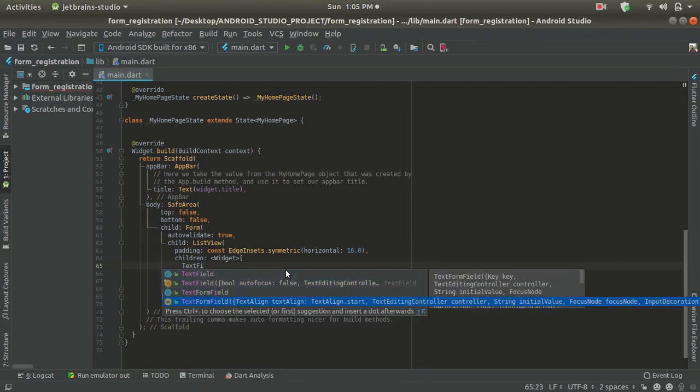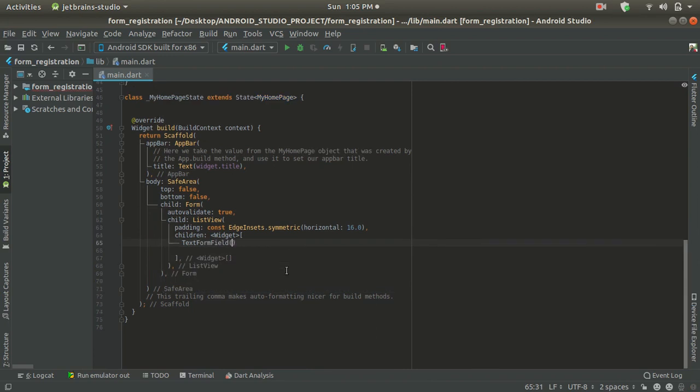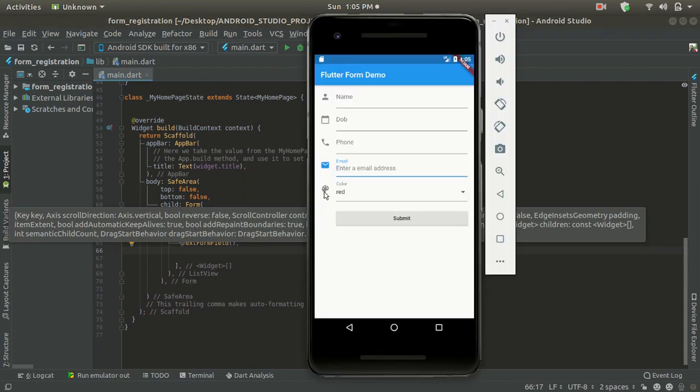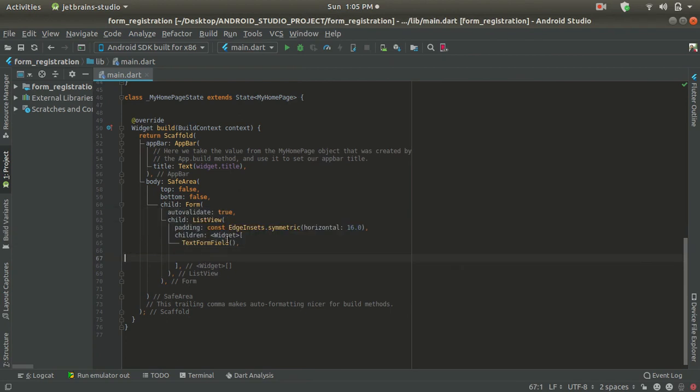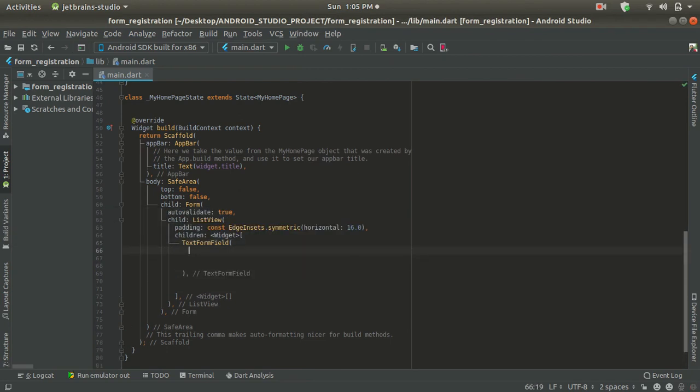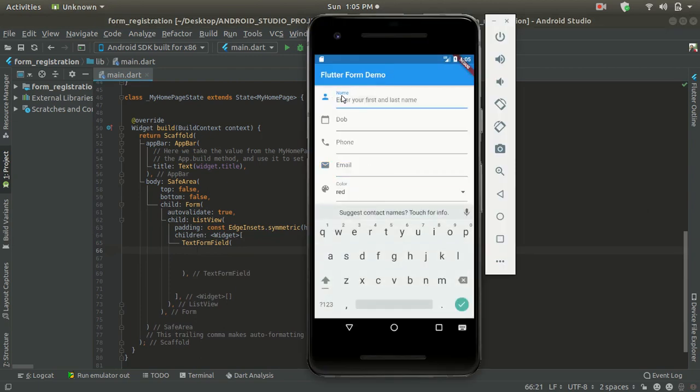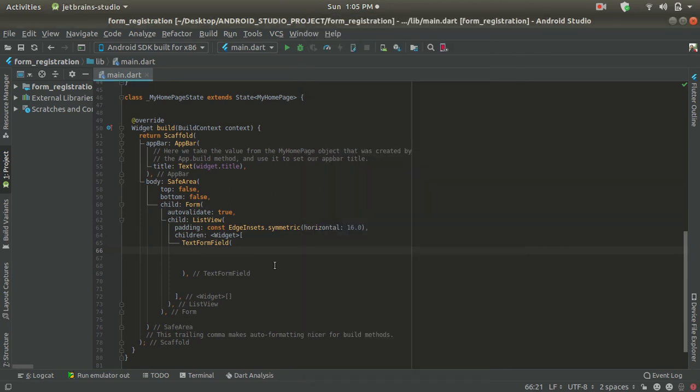As you can see, a text form field widget, which first of all we are going to provide. Here we are going to provide, as you can see, 1 2 3 4 text field widgets. Let's first create this first form field widget. Inside this, as I'm clicking here, some animation is performed. To allow this animation, we have to use one decoration over here, and